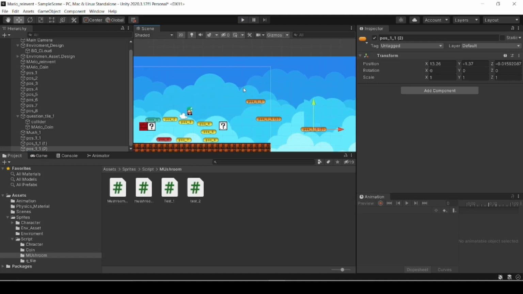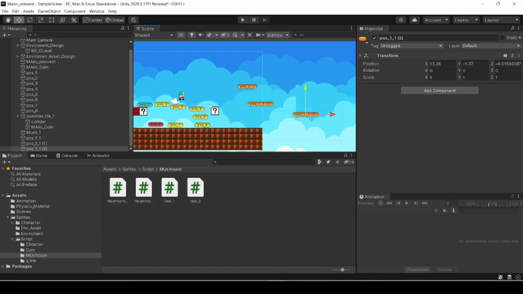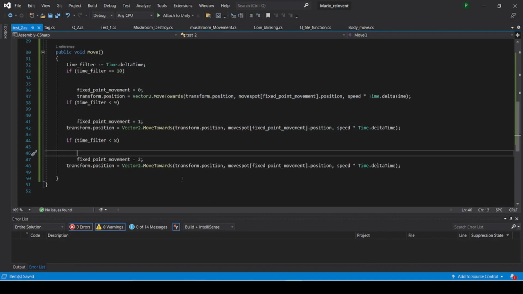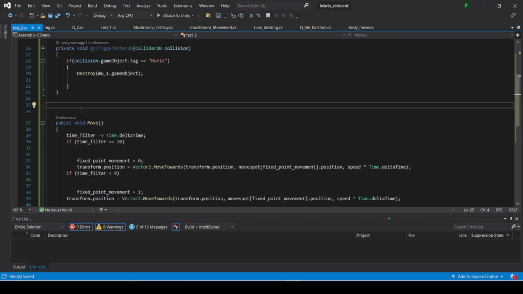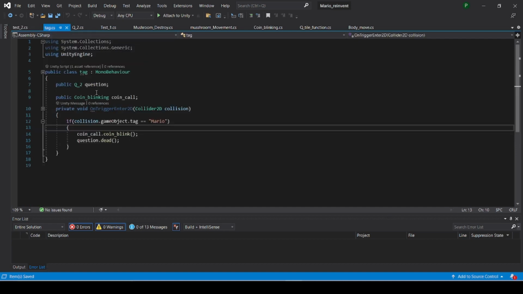So how does make it happen? When the collision occurs by the player, now this thing occurs. So let's go to the script and see how we are going to do it. First I need to remove this update function because we're going to access it from another script, which is used here as a tag script.